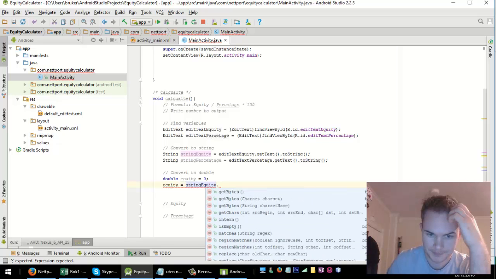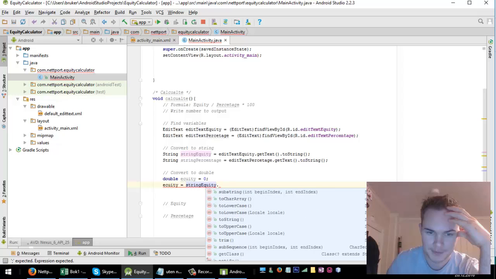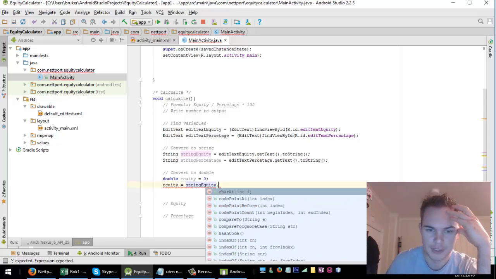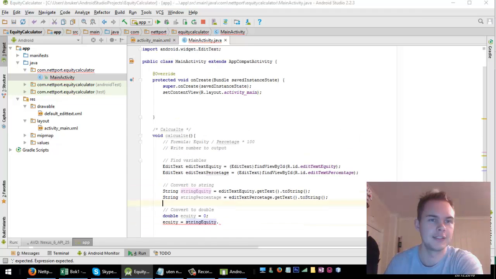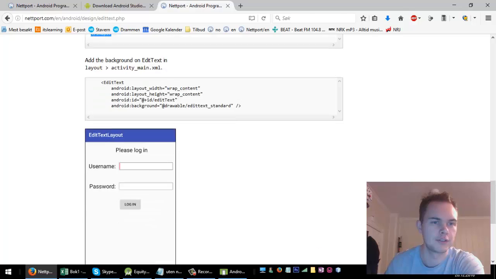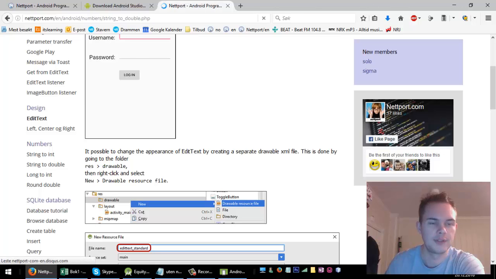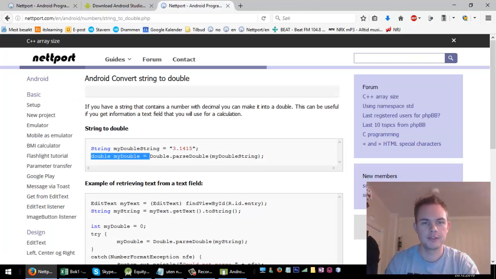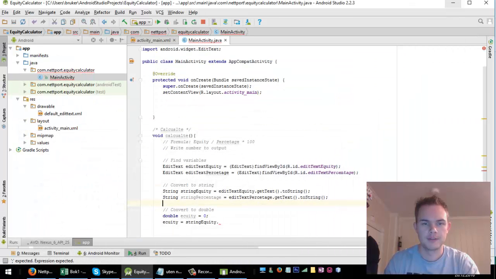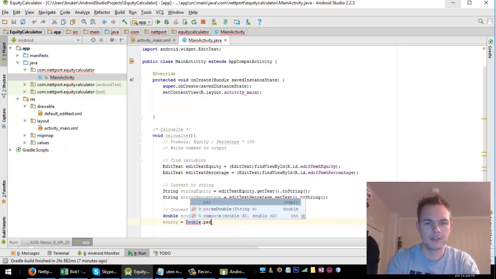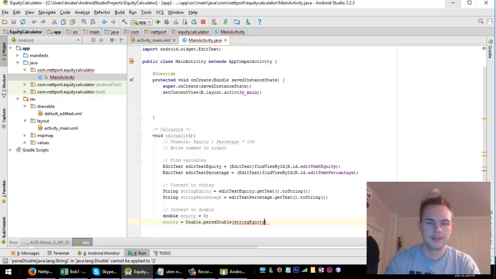And now I need to really think a bit. I thought there should be a convert method here. Just need to check this real quick. I'll just go to my website. So string to double, yeah, double dot parse double. So it's double dot parse double and string equity. So the equity will be parsed now to a double,